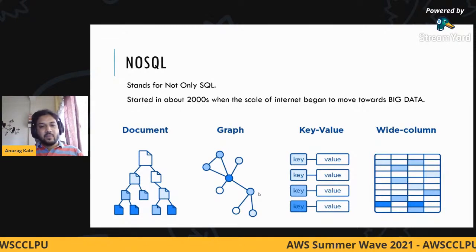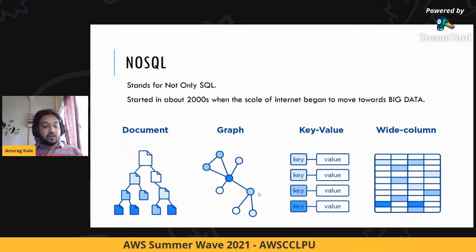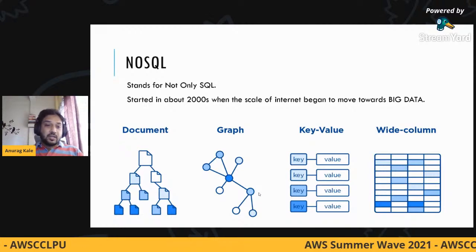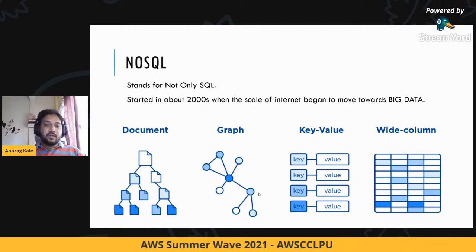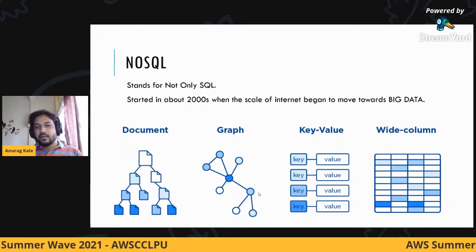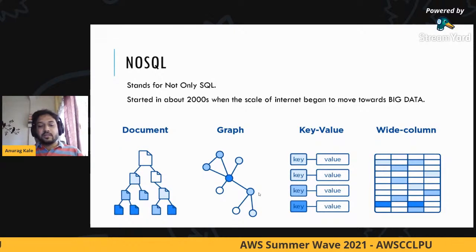These graph databases are not only used in social media, they are also used to create good recommendation engines. For example, if you're purchasing toothpaste on Amazon, it says, okay, you might require a toothbrush as well. The toothpaste is a node here and a toothbrush is also a node.